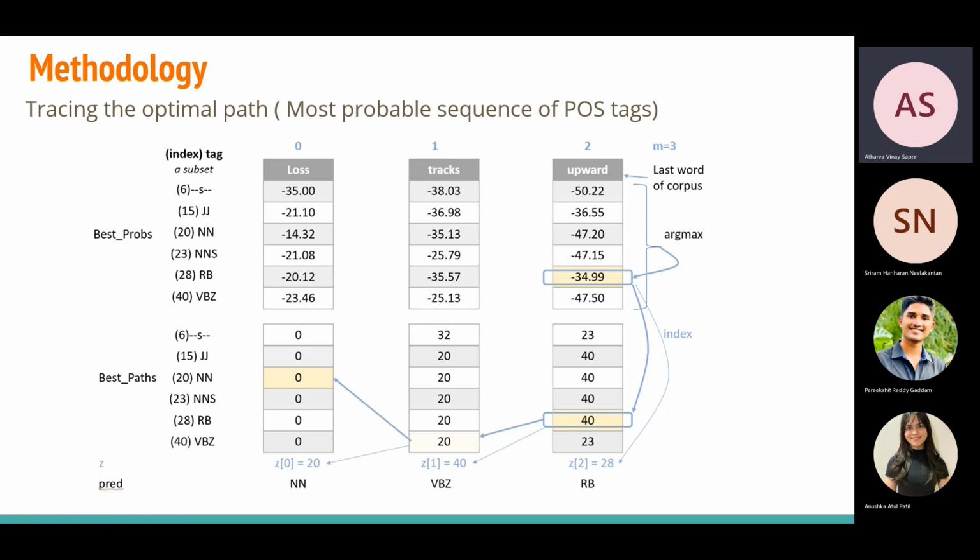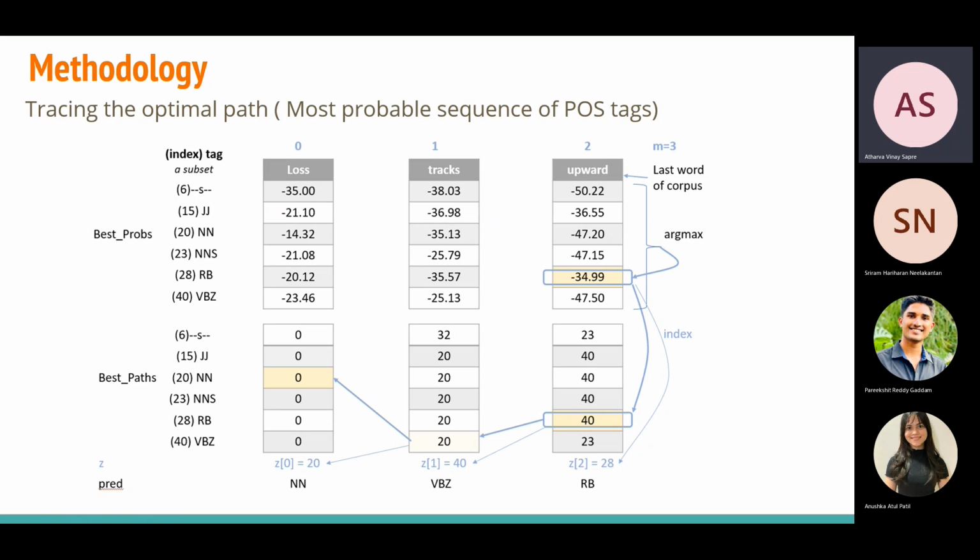We then look at the corresponding cell of the best paths matrix. So here we have 40, which corresponds to the 40th row of the previous cell, and thus we know that the word tracks has POS tag VBZ. We will then traverse back again to the previous column using the same logic and will land at the 20th row. Now, as we have encountered 0, it means that we have reached the starting of the sentence and hence the